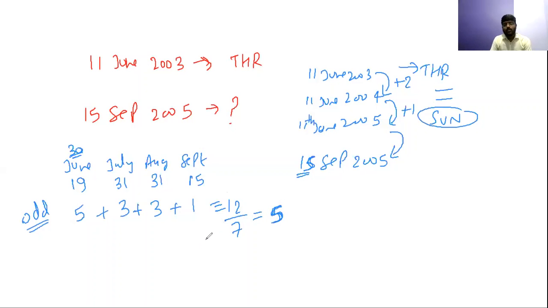It may be 0 odd days, maybe 1 odd day, maybe 2 odd days, whatever. So you just add 5 here. If you add 5 to Sunday, you are going to get Friday. So Friday is your answer for this question. See, if you add 5 to Sunday, it will be Monday, Tuesday, Wednesday, Thursday, and the 5th day will be Friday. So Friday is the answer for this question, and I hope the idea is clear to all.